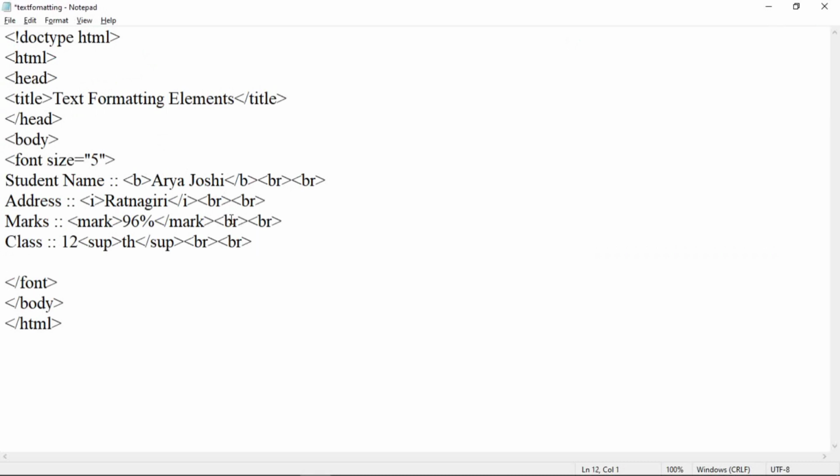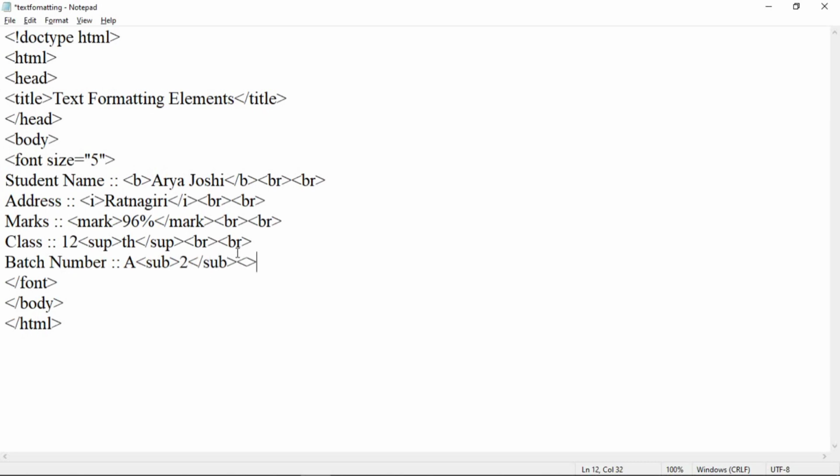Okay, now let us add a batch number colon, suppose batch is A2, then here 2 is to be displayed in subscript form. Then here we have to use sub tag start, then end of sub, and here we have to type 2, that is a subscript 2.